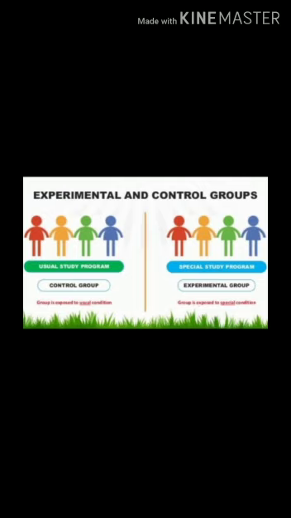Experiments generally involve one or more experimental groups and one or more control groups. An experimental group is a test sample or the group that receives an experimental procedure. Control group. A control group is a group separated from the rest of the experiment such that the independent variable being tested cannot be influenced by the results.